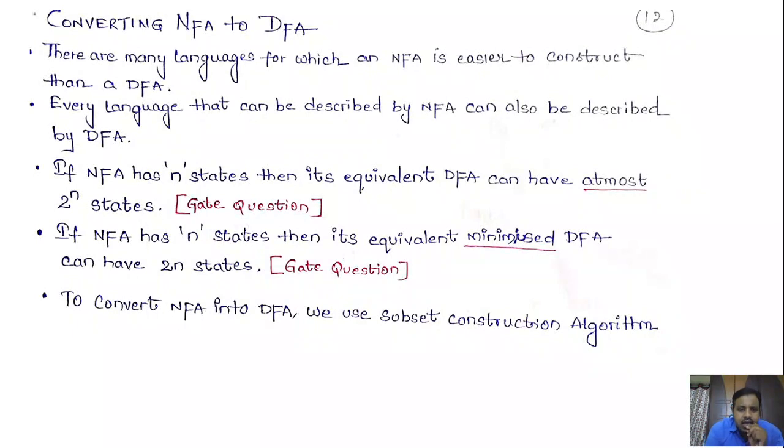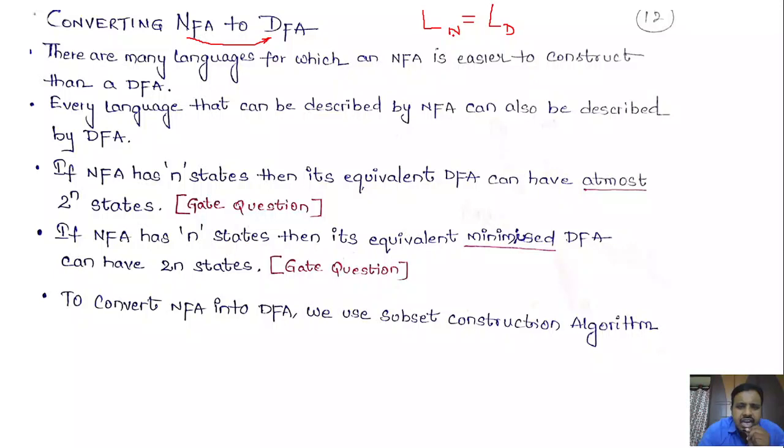The next one, converting NFA to DFA. Let me call this topic equivalence of DFA and NFA. For every DFA, we can have an equivalent NFA. Here we are going to discuss conversion of NFA into the DFA. What it means is, for every NFA, there exists an equivalent DFA that accepts the same language. The language which is accepted by NFA, let me call it L of N. If L is the language accepted by NFA, then the same language can be accepted by a DFA D.